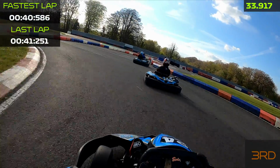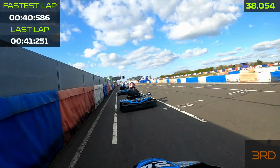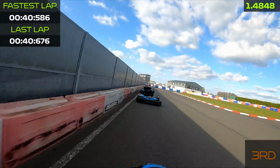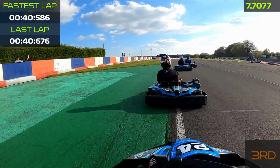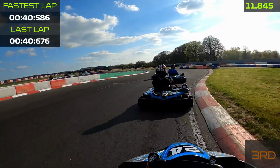So coming around the last couple of corners here, you can see I was signaling to the marshals, there were already blue flags going on, but unfortunately there wasn't. And as we come down the start finish straight, this was in fact the very last lap of the race, so I knew I'd have to do something magnificent to come back from here. Obviously coming across the line with 40.676, not exactly a slow lap time, and again we just have to try